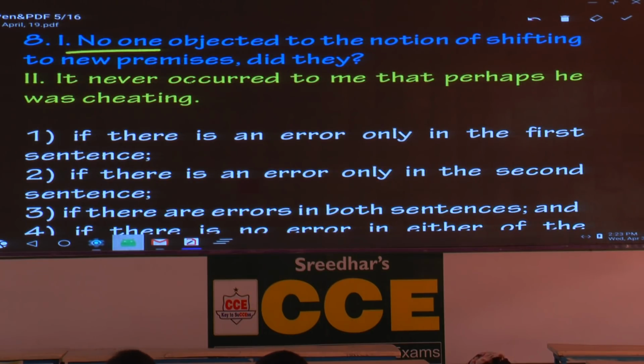Usually question tags are easy. All that you have to do, the 12 tenses, every tense has a helping verb. You have to use the appropriate helping verb. And if the sentence is affirmative, you have to use the word not after the helping verb and repeat the pronoun. If the sentence is in negative form, then you should not use the word not. You have to use the helping verb and the pronoun. Now those are easy, but this goes with specific rules related to question tags. I don't know how many of you have learned question tags.